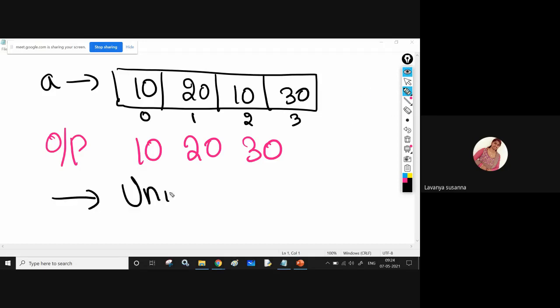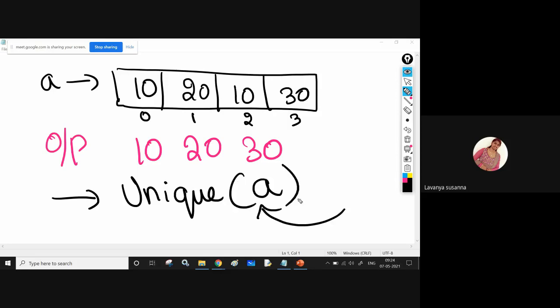To get this, the function is unique of A. You pass an array object. This unique function will display only unique elements. Repeated elements will be displayed only once. It's a very useful function. No need to write some lengthy code.